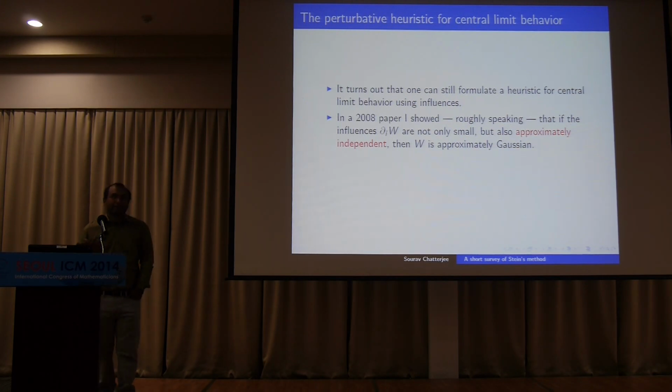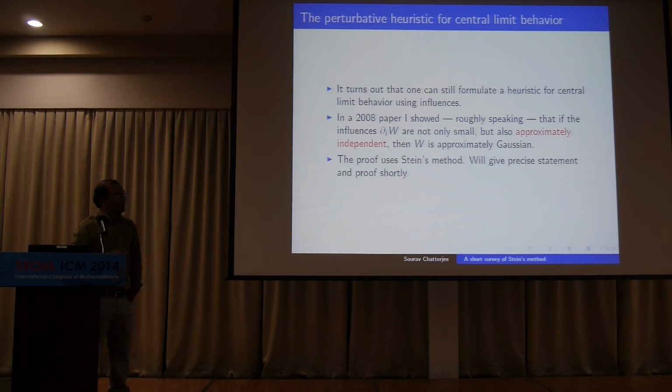So Stein's method also studies these small perturbations, but when I started studying these things, in the existing version of Stein's method you needed various kinds of structure for the method to go through. So I was looking for something a bit more general. This is the theorem, and I'll show you what the theorem exactly is. The proof uses Stein's method, and I will give you this proof and statement shortly. Okay, so any questions? Yes?